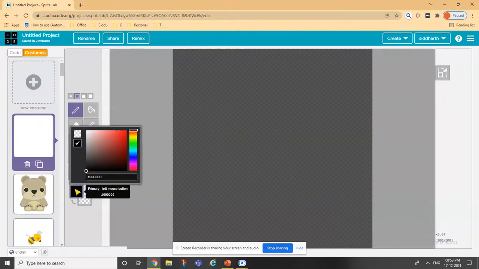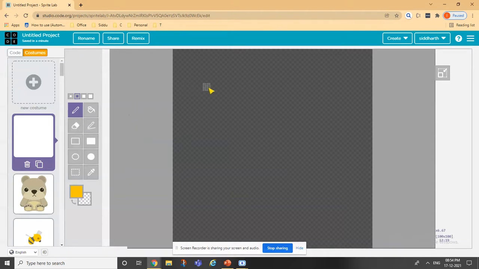Now what we have to do is you can choose your favorite color. I'm choosing, I think, not green. I'll choose yellow. After choosing yellow, choose this stroke tool. After taking the stroke tool, make a line like this,